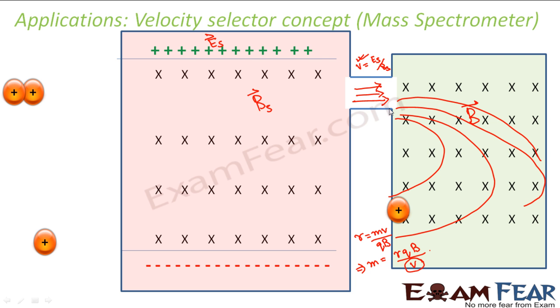Now with this velocity, when the particles enter, they experience another magnetic force because of this magnetic field present here, and therefore they will move in a helical path again. So now we will know the radius of curvature for each of the movements, and also I know the value of this magnetic field which I have applied. That is how, depending upon the radius, we can calculate the mass of the particles. So this was another concept where the velocity selector was used.